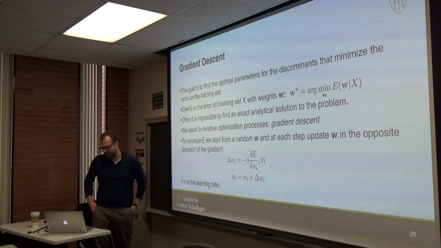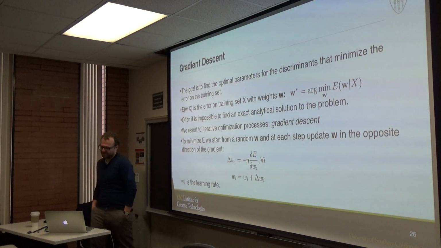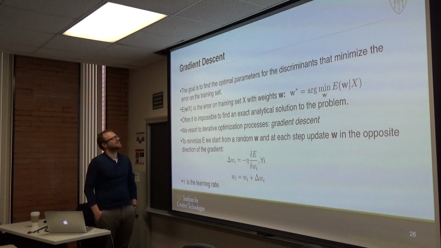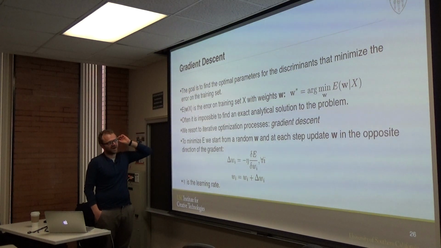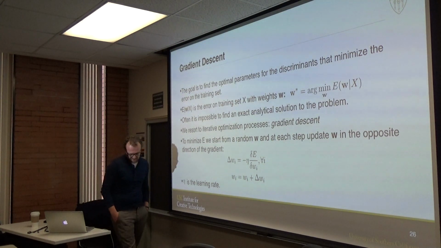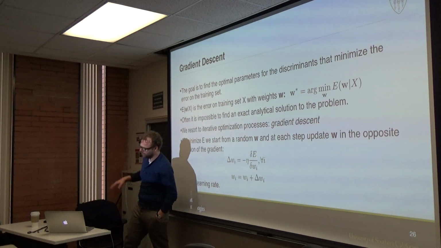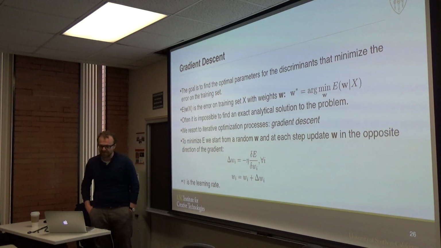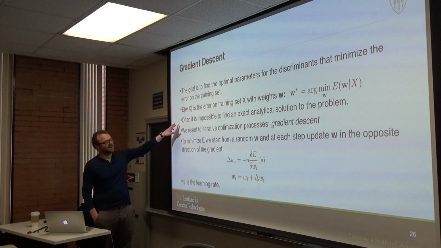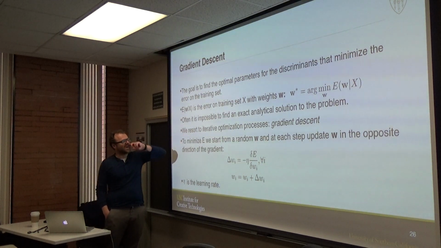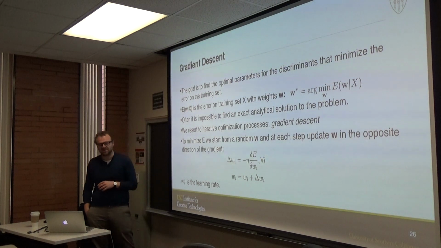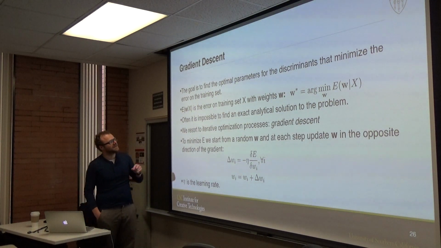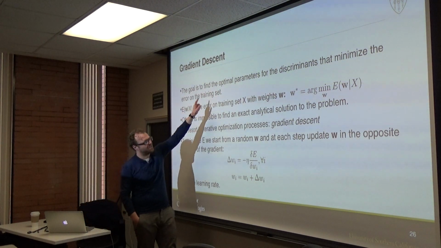Basically, we said already that we need to find gradient descent methods that help us find the optimal solution for all sorts of complex discriminant functions, and we said already that it often is impossible to find an analytic solution to this problem, and we need to find the optimal parameters